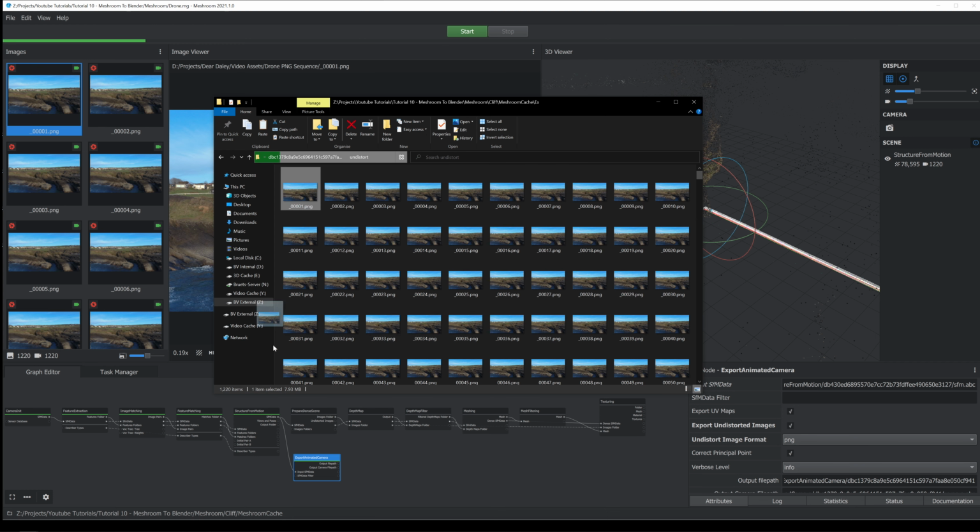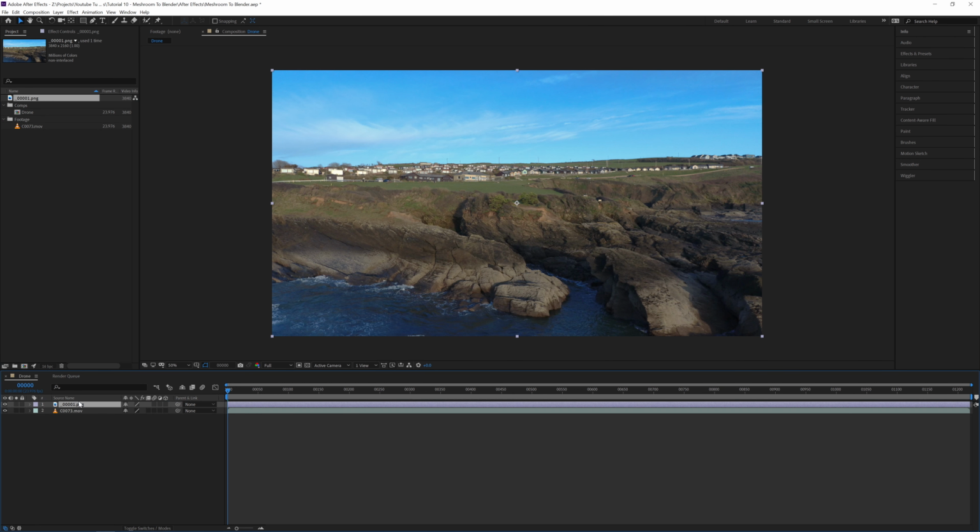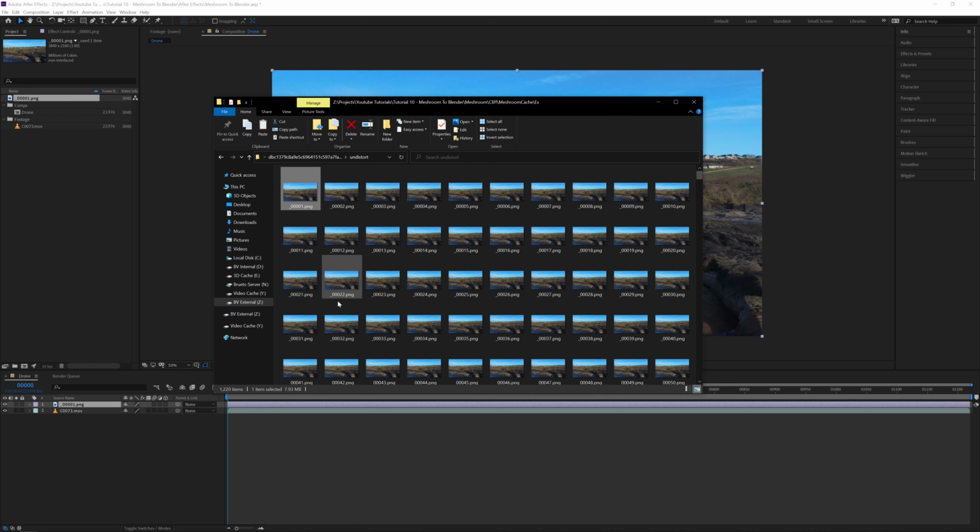I usually like to import the first image into my After Effects composition to double check, then toggle on and off the visibility to make sure they match up. If it doesn't, then you can go back and add the camera metadata to your images for a more accurate result. If you're still not getting the images to match, then you can always use the new undistorted images as a replacement for your footage instead. You may need to crop in slightly when you composite everything back together though.